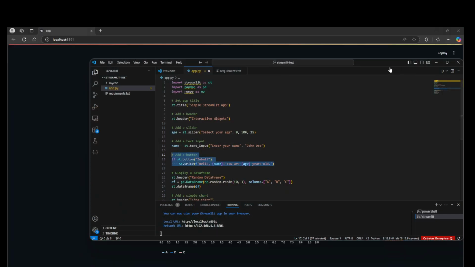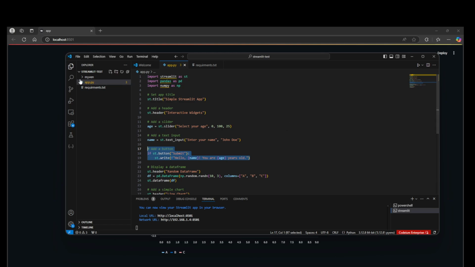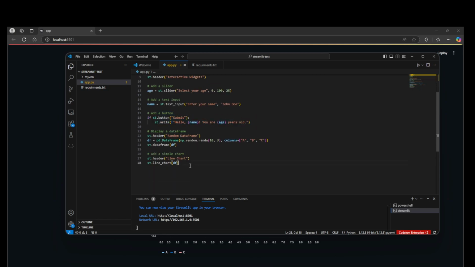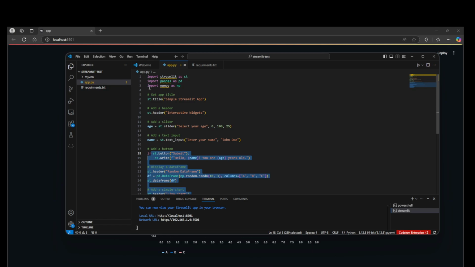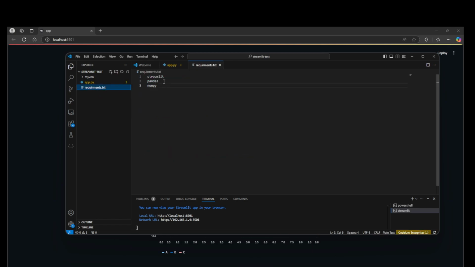Yeah. So this application was nothing but a simple app.py application, and this code is just 28 line of codes. We have it, and we had a requirement.txt where we need streamlit, pandas, numpy, and we created environment. So how did we create an environment? Let me stop this, and